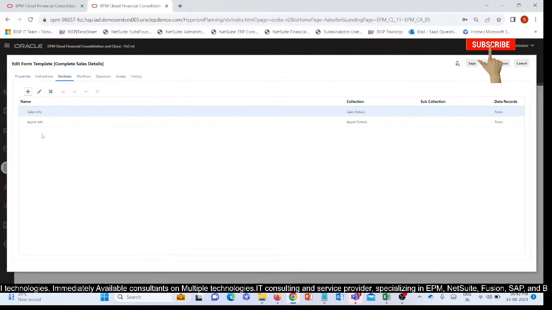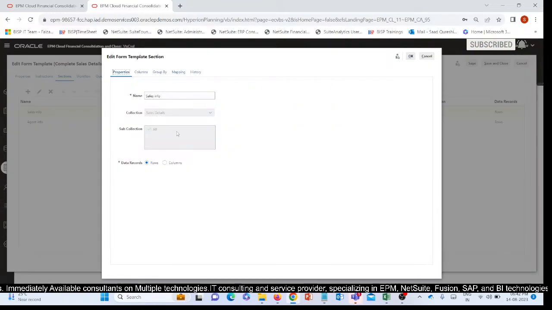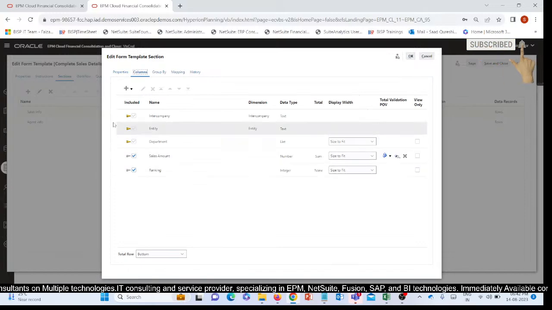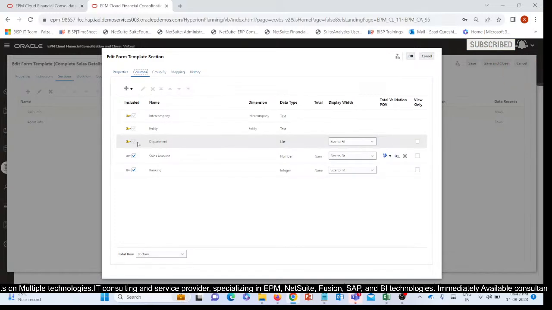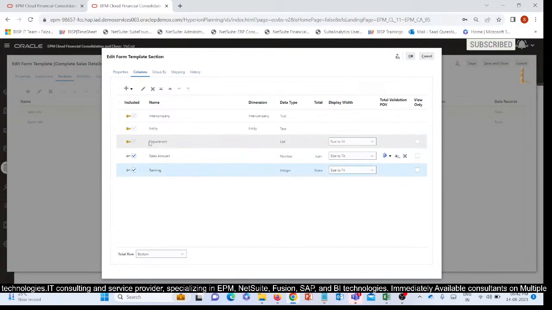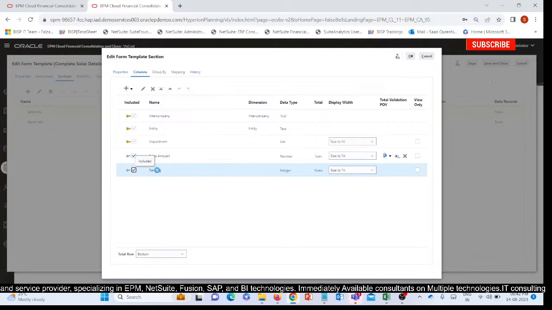Let me open the file which I have done and show you the properties. So I have given the name sales info, and the collection details is from sales details, and I want it in row. Let me show in columns. In columns I've already created these. So I have already got over here department, sales amount, and ranking. So I have just clicked on the sales amount, which is key. I want this should also be displayed. I have clicked on this, and this also, ranking,